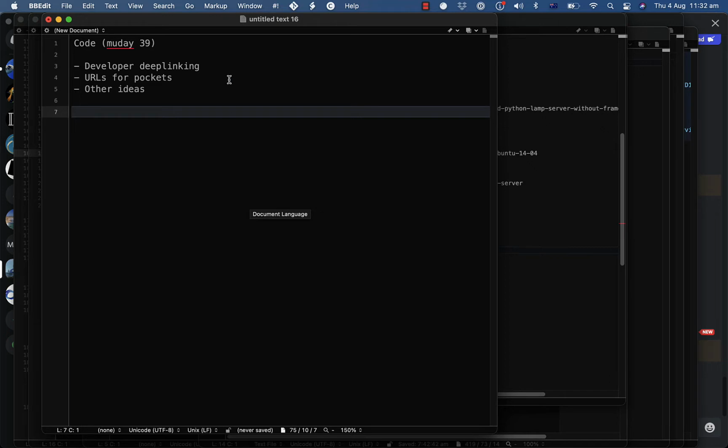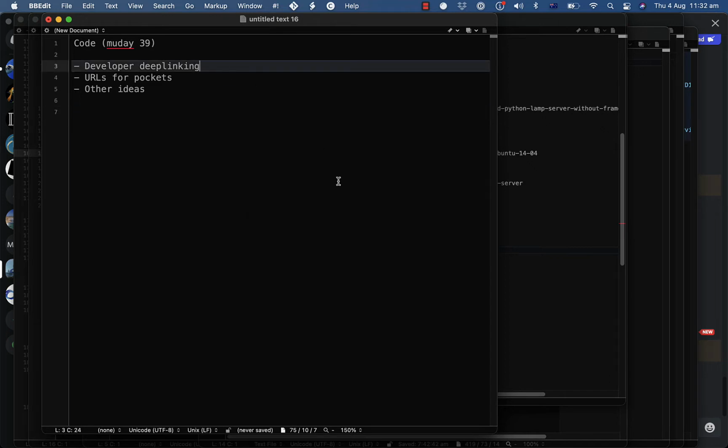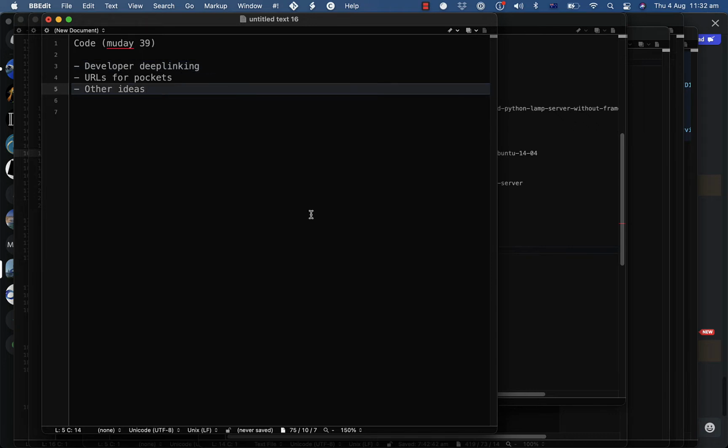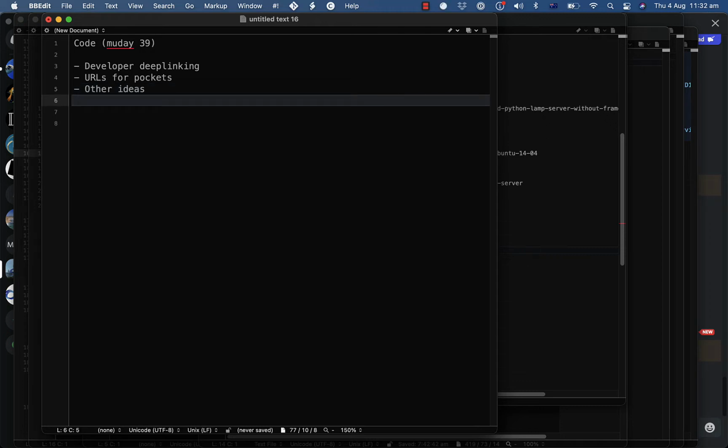So I want to just run through, partly for the purposes of the recording, the developer deep linking, and then talk through how that's being used currently in this initial implementation of URLs for pockets, and then maybe think about a few other things that we might implement that would be easy. The first one that came to mind was extending Phoebe's loading screens. And then